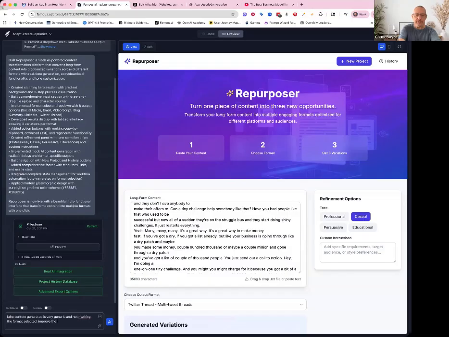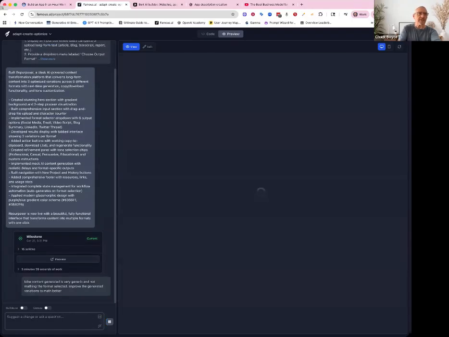Improve the generated. So I'll put that in there, and while that's going through, we'll jump over to Bolt and see how it